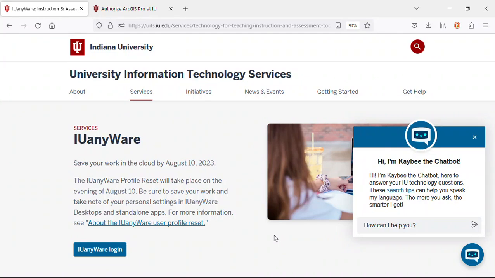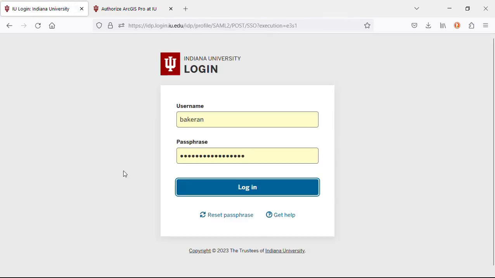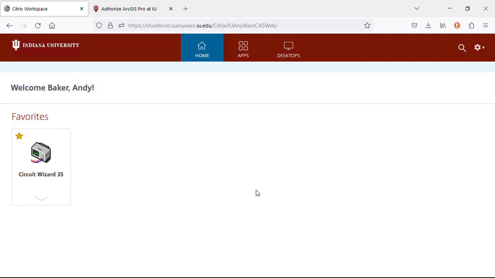This here is the IUanyware login page. So go ahead and click on here, and then you'll do your typical deal where you put in your login and all of that, and I'll see you on the other side. Now, your first time you likely came across that page, and so just essentially what you want to do is